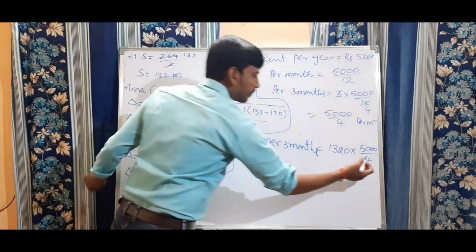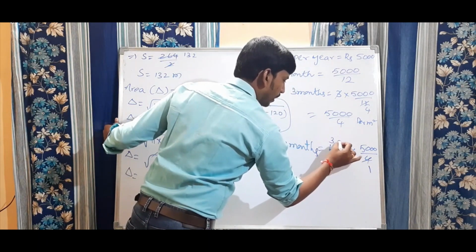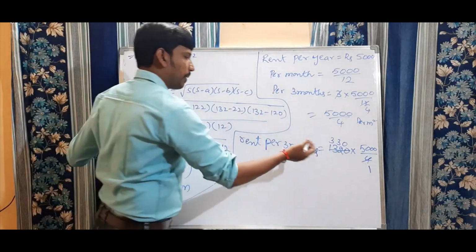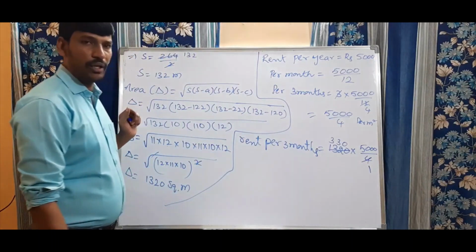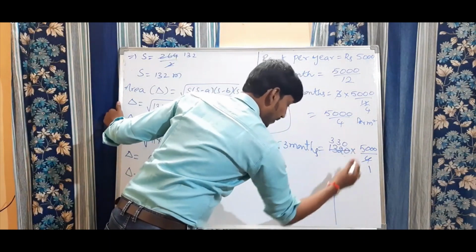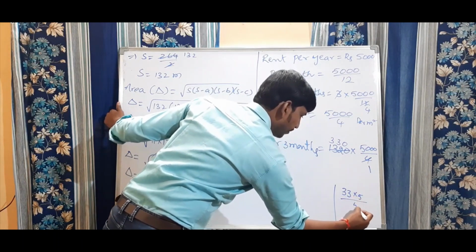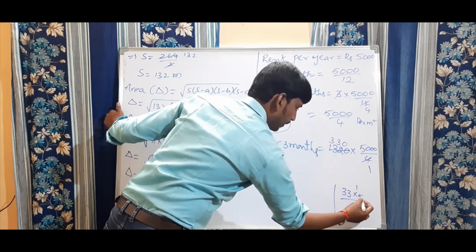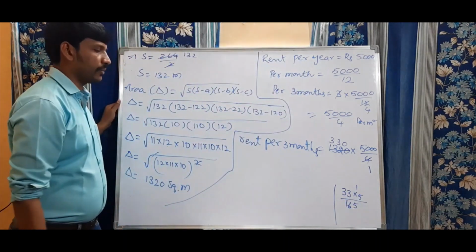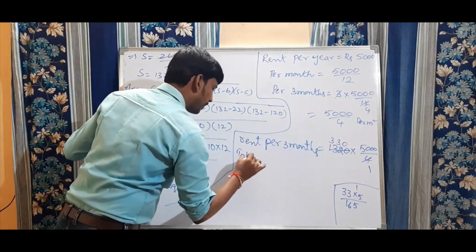By cancellation, 4 ones are 4, 4 threes are 12, 1 carry over, 4 threes are 12, 330. Clear? Now by multiplying 5,000 into 330, you will get the solution. Just find 33 into 5, because there are zeros, no? 3 fives are 15, 3 threes are 9, plus... 3 fives are 15 plus 1, 16. Right? 165. Clear?